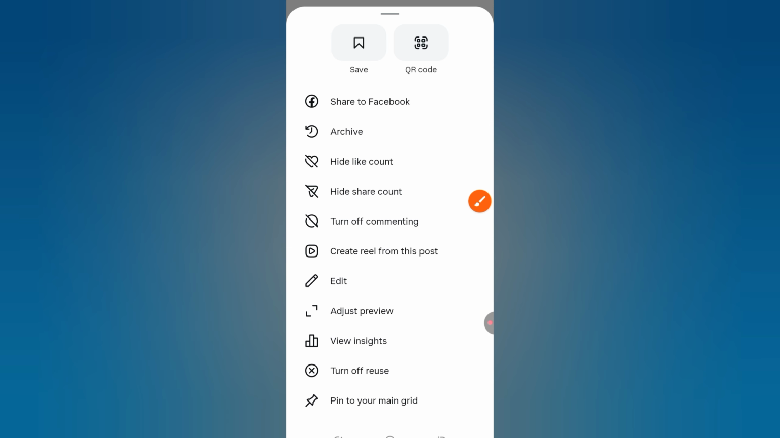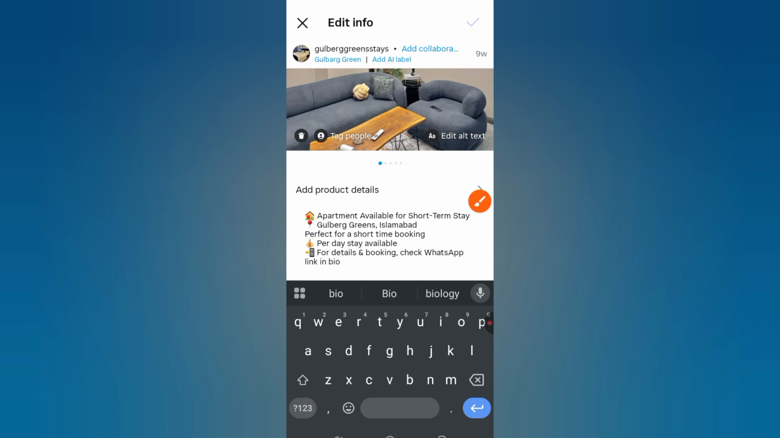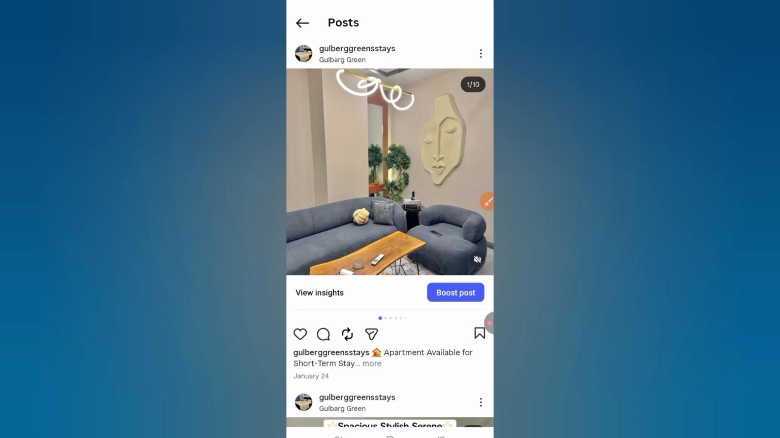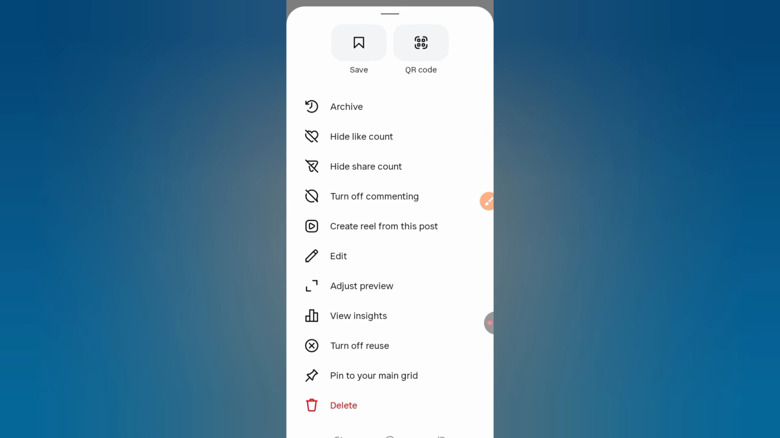Here's the important part. Currently, Instagram does not allow you to directly change or replace the music on a post once it has been published. But don't worry, there's a simple workaround. If you want to change the song, you'll need to delete the post and upload it again with the new